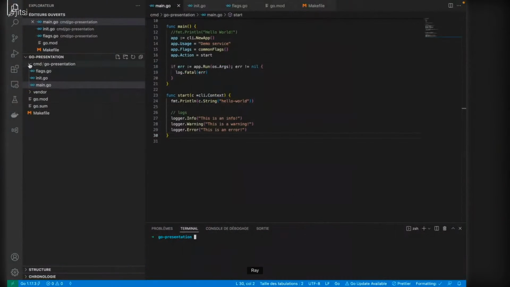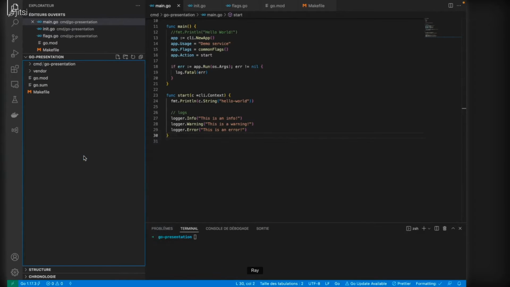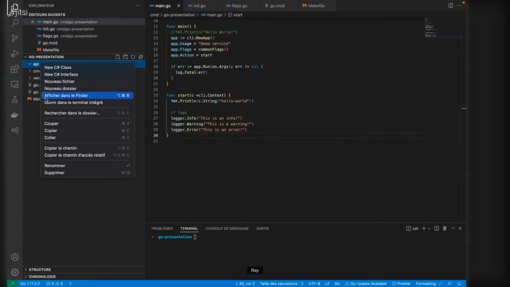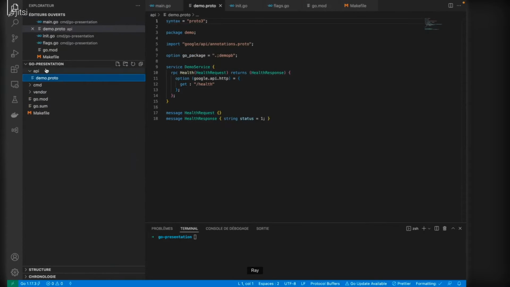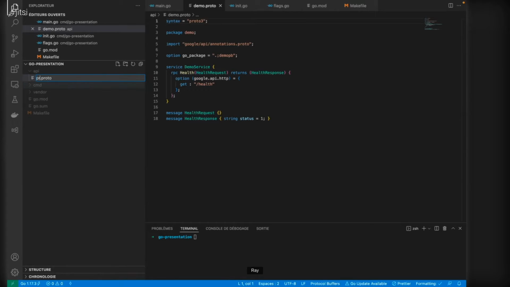So what I will do is I will create a folder here, API, and in it I will create a proto file. I will call it presentation.